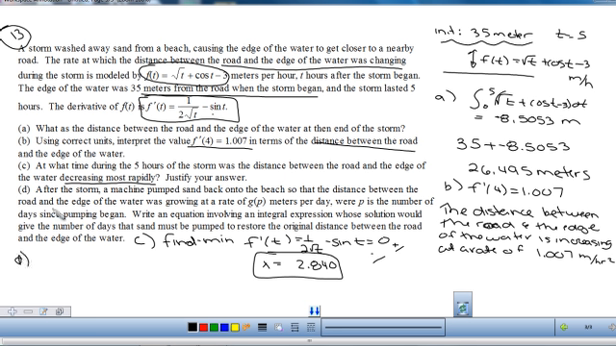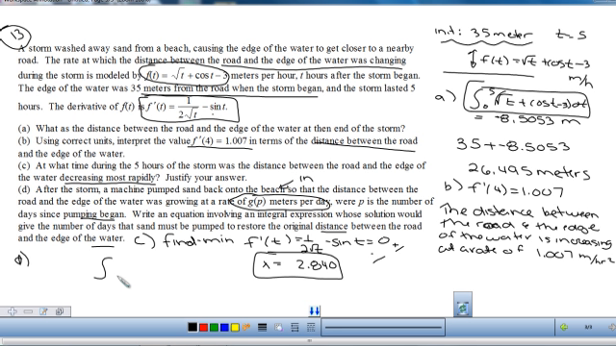Okay, part D. After the storm, the machine pumps sand back onto the beach so that the distance between the road and the edge of the water is growing at a rate of, so this is the in. Now we're pumping sand back in, so this is my in. Let x be the number of days since the pumping began. Write an equation involving an integral expression whose solution will give the number of days the sand must be pumped to restore the original distance between the road and the water. So this represents the sand, and this represents the integral